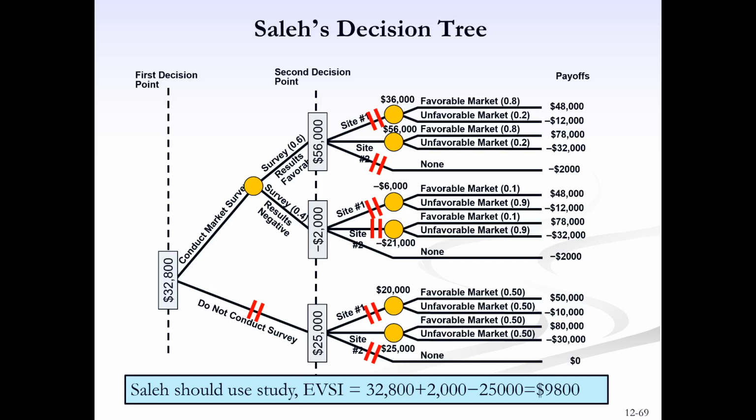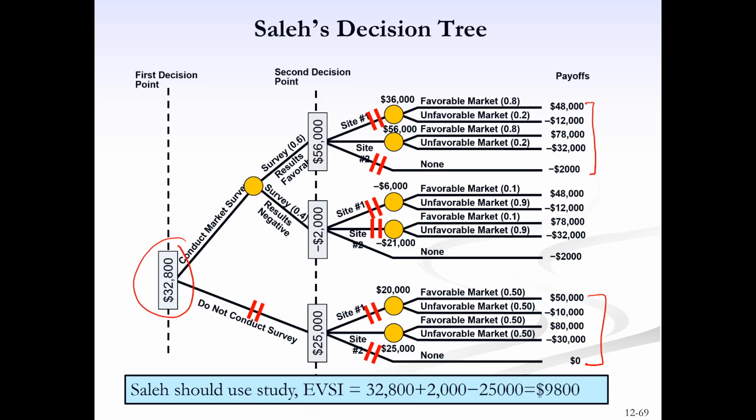As you can see that we have paying for the study as $2,000. So these payoffs are the difference of these payoffs of $2,000. We'll work out the final expected value, and the expected value coming from conduct market survey is the highest here, which is 32,800,